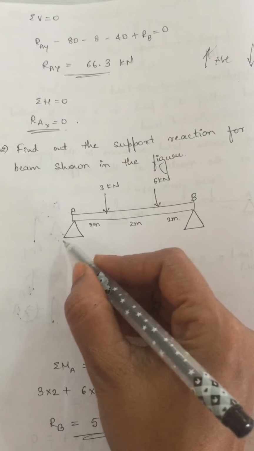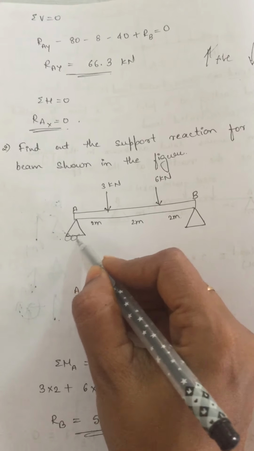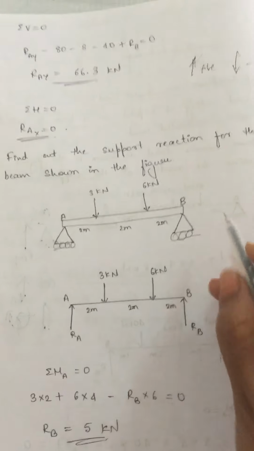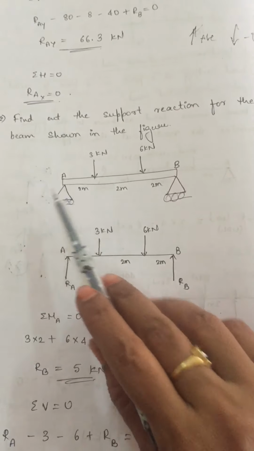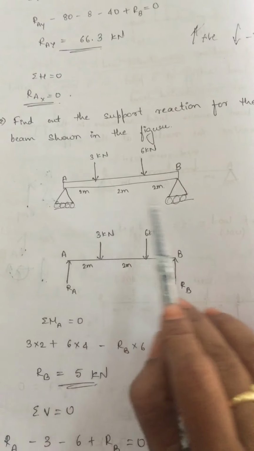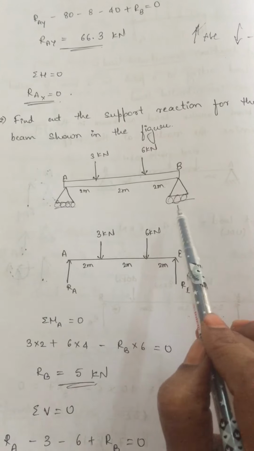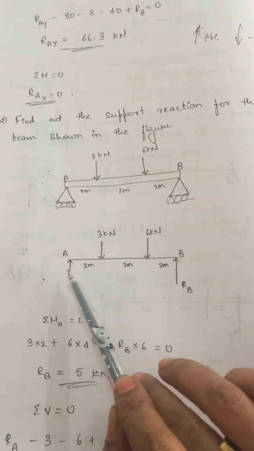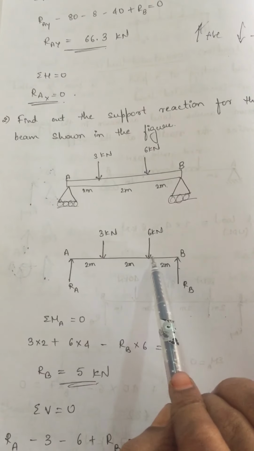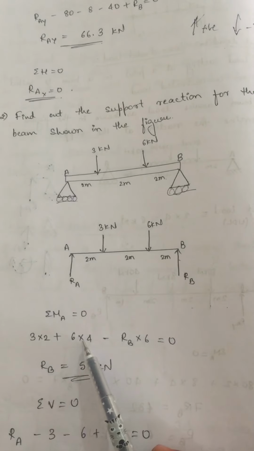In the same way, here they have given another beam. You have to find out the reaction at these two supports. Here they have given the roller supports at this. You know roller support means only one reaction, and transfer the load onto the beam. And next write down the equilibrium condition.